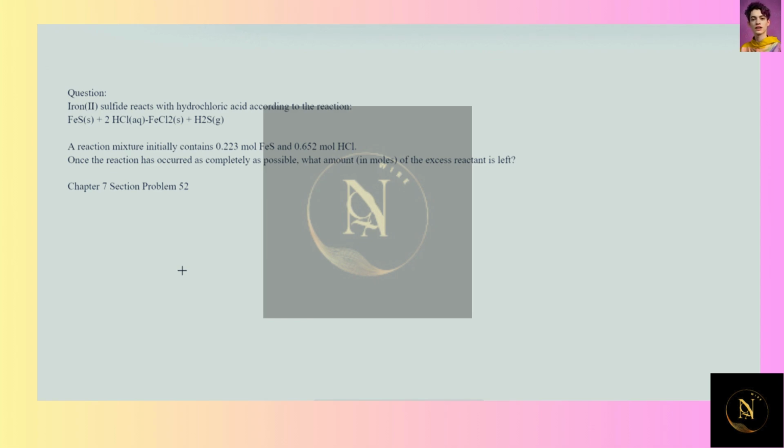Okay, so what we have to do here is convert these starting materials, the number of moles, into the moles of product to see which one produces less, which would make that the limiting reagent. Then we need to calculate the amount of starting material for the excess reagent that is left over. So let's do that. We start with